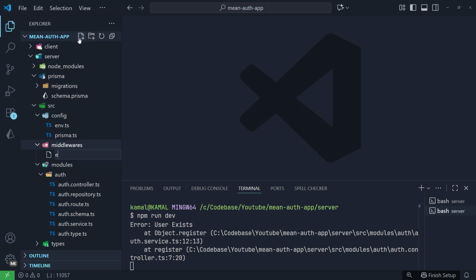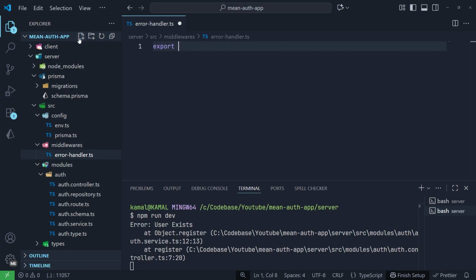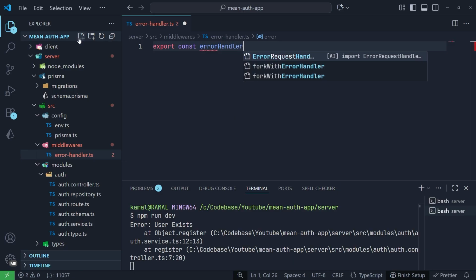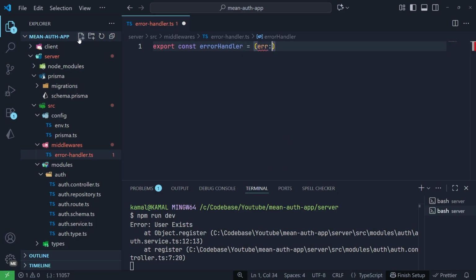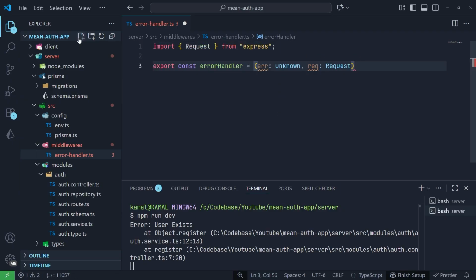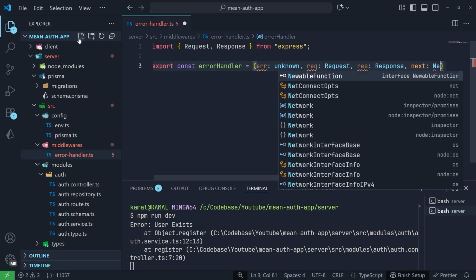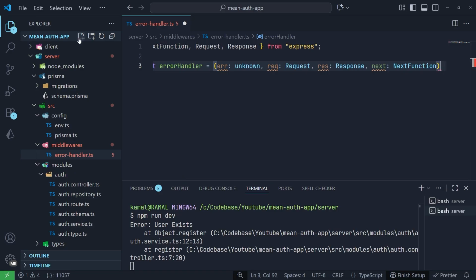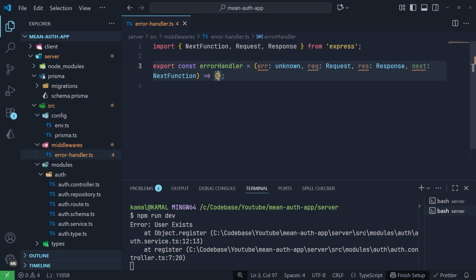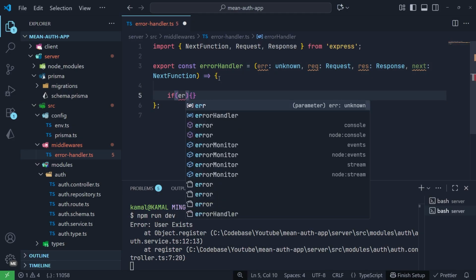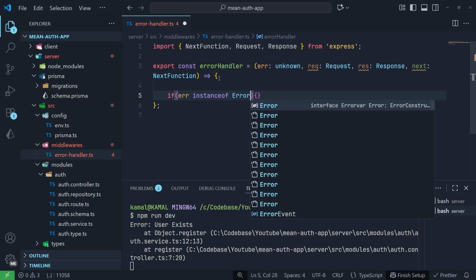In the middleware folder, I will create an errorHandler.ts file, export const errorHandler, for now unknown, request, response, next function. Okay. Instance of error,